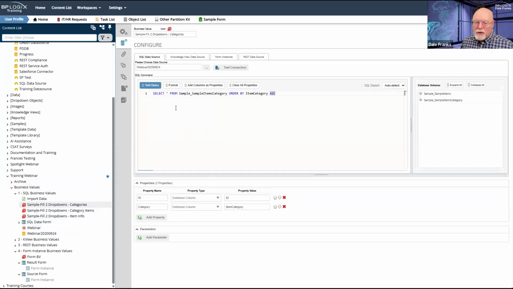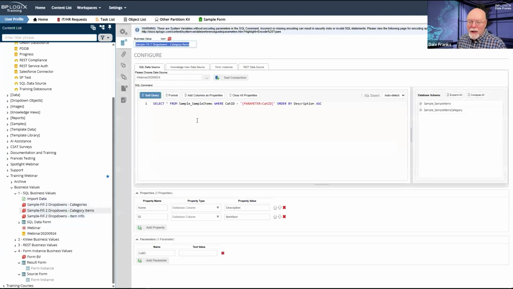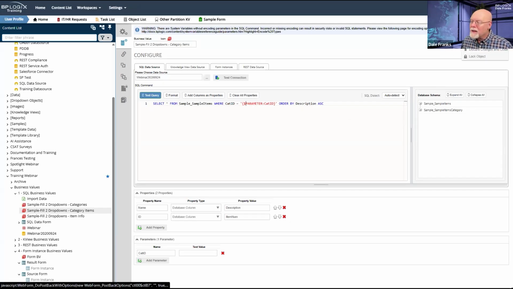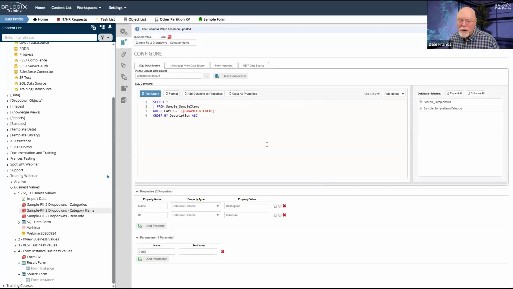So here it just shows me my categories. If I test the query, it returns my 3 categories that exist. The one that we just replicated was this one, where my parameter already exists. It's called cat ID. My SQL statement works. I guess the only thing that I could do here, oh, I have no encoding character in there. That's going to make everybody unhappy. So let's update that. And while we're updating this, let's format it so it looks all pretty.